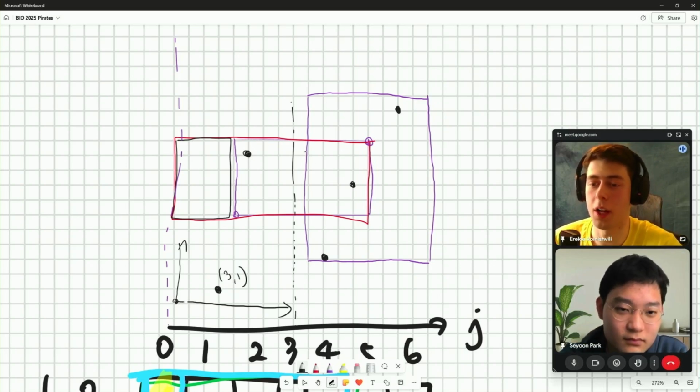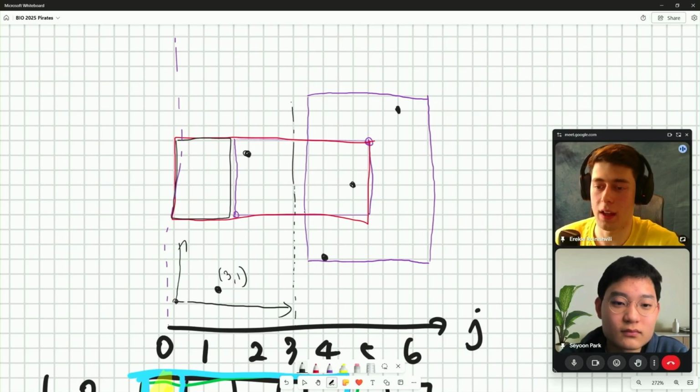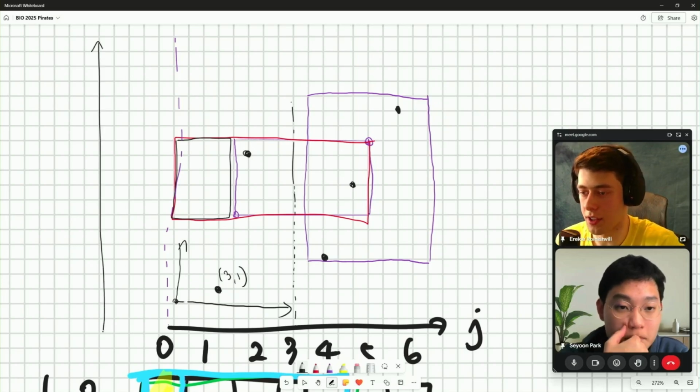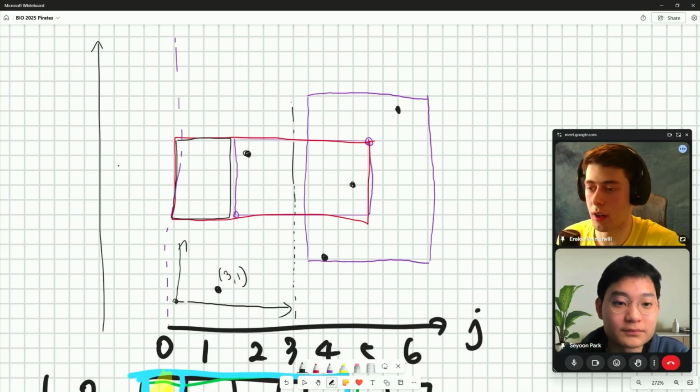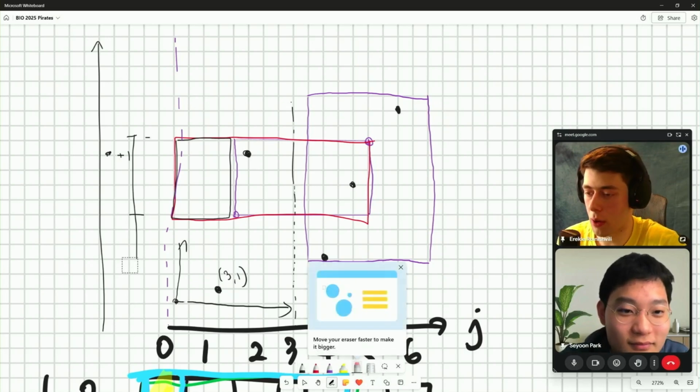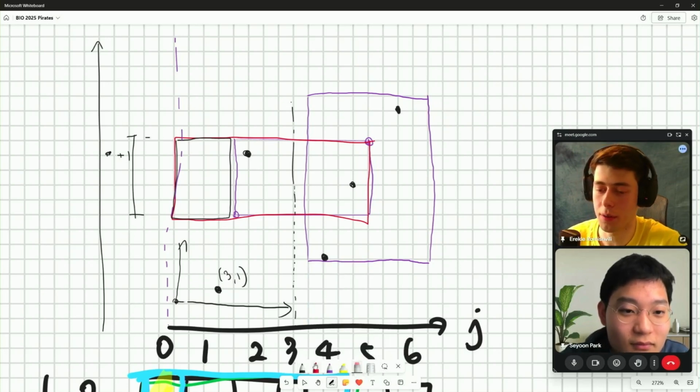Essentially, they are like a one-dimensional prefix sum data structure, but they allow you to update live as well. So we'll have a Fenwick tree or a segment tree on this vertical axis, where we can update by adding 1 at the height of a point. When we hit this point, we'll add 1 at that height. And then we can also query for any range how many points we've seen in this range.